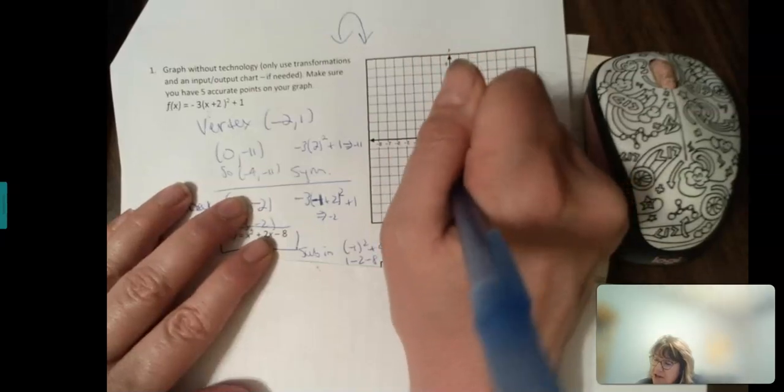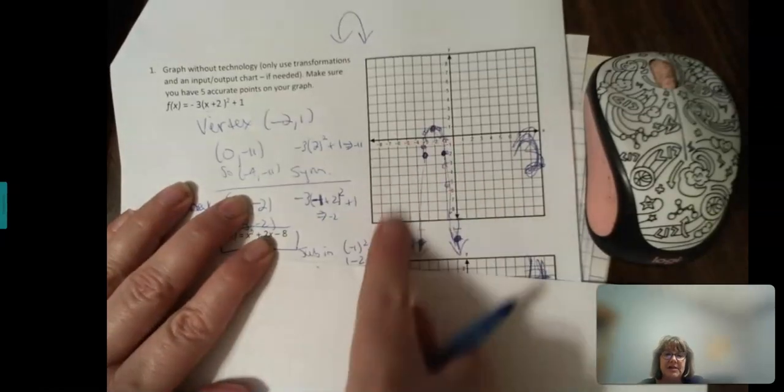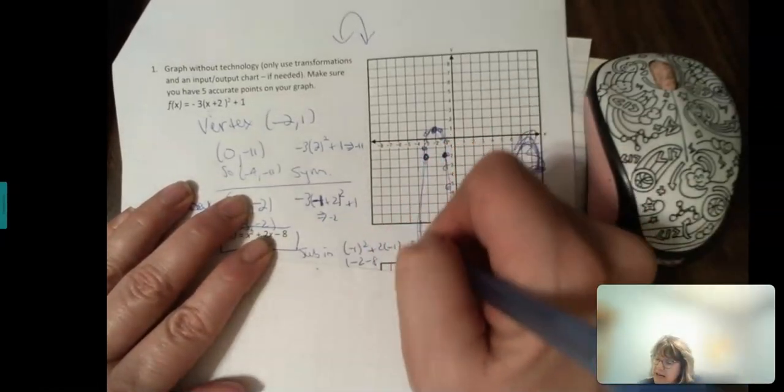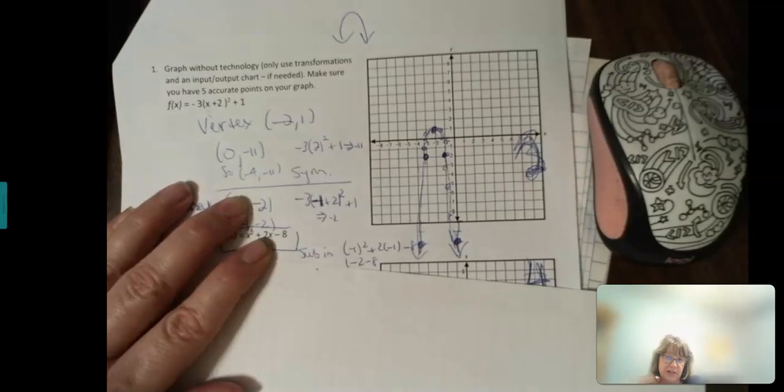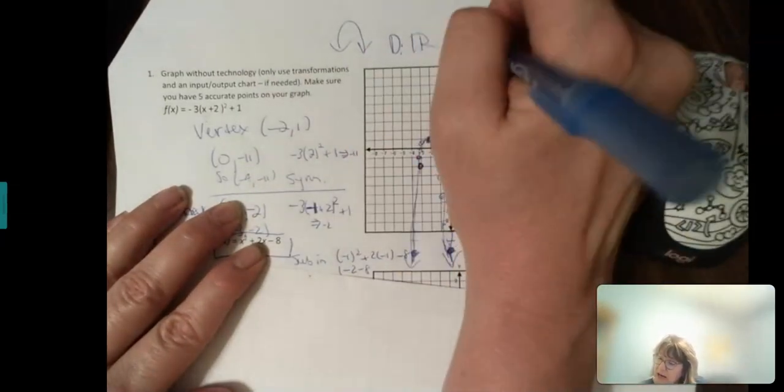So as far as domain and range, all of these are points. They're just not accurate, because I'm just estimating here. But the connectivity indicates there are infinitely many points. So your domain is all reals. Any x value is legal. And your range is low to high, negative infinity